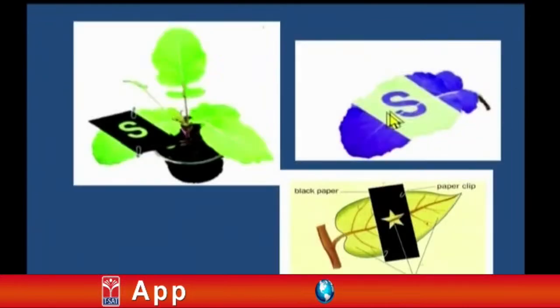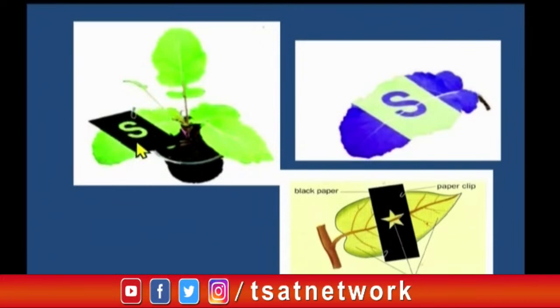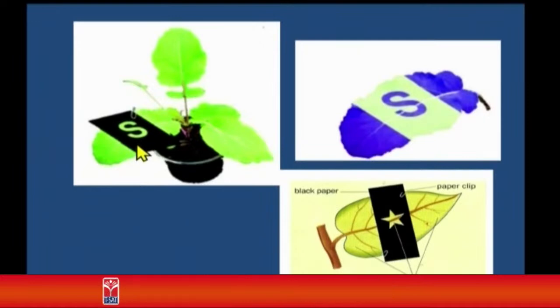Procedure: take a potted plant, take a broad leaf, place the black paper which is cut in some shape. Maybe in the diagram we are having an S, and the black paper is fixed to the leaf with the help of some clips. We are going to place this entire setup in sunlight. After 2 to 3 hours, the leaf with the black paper is separated from the plant